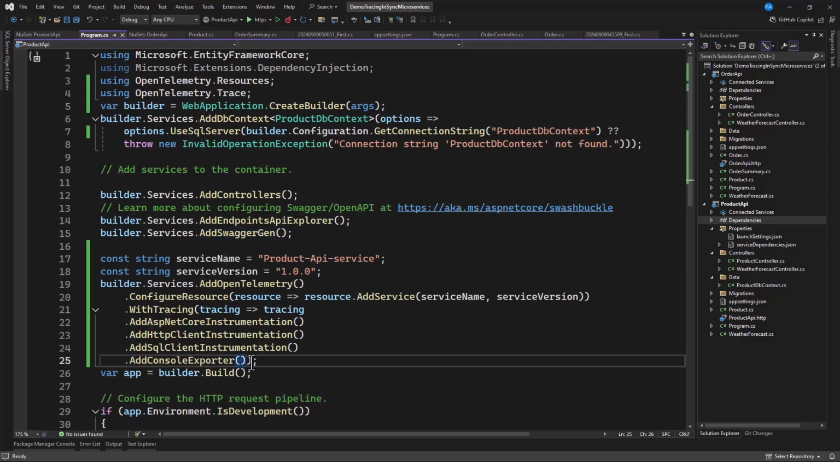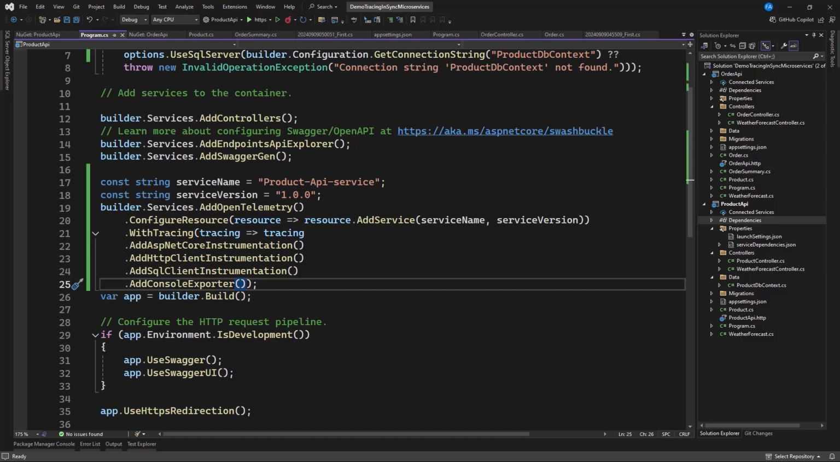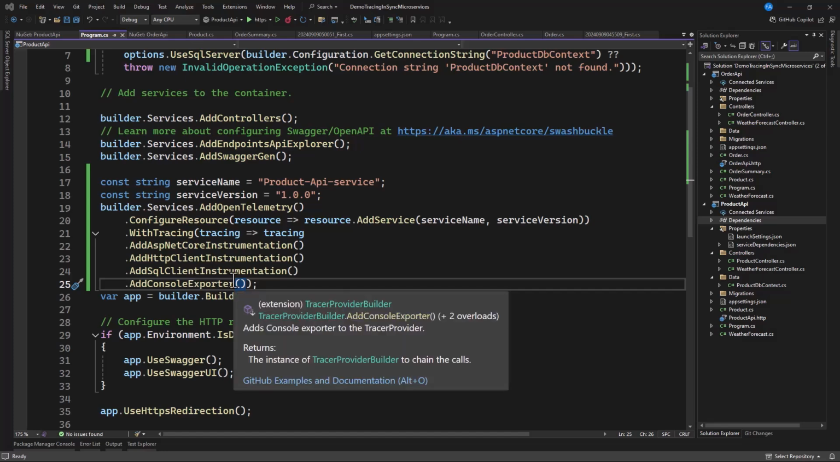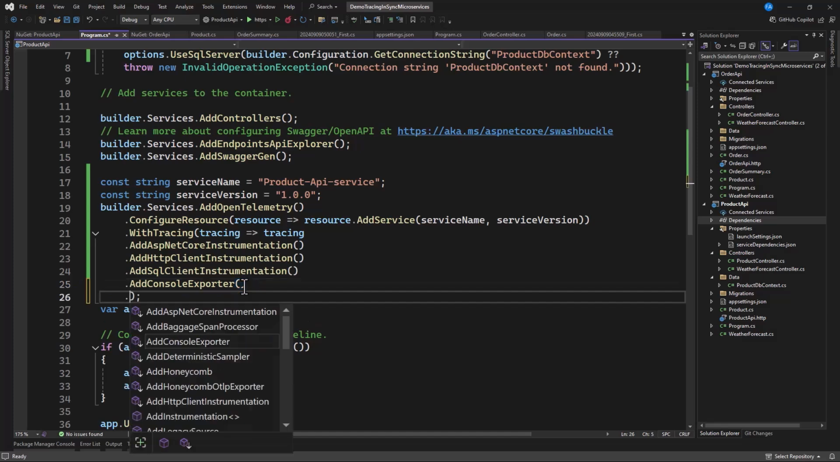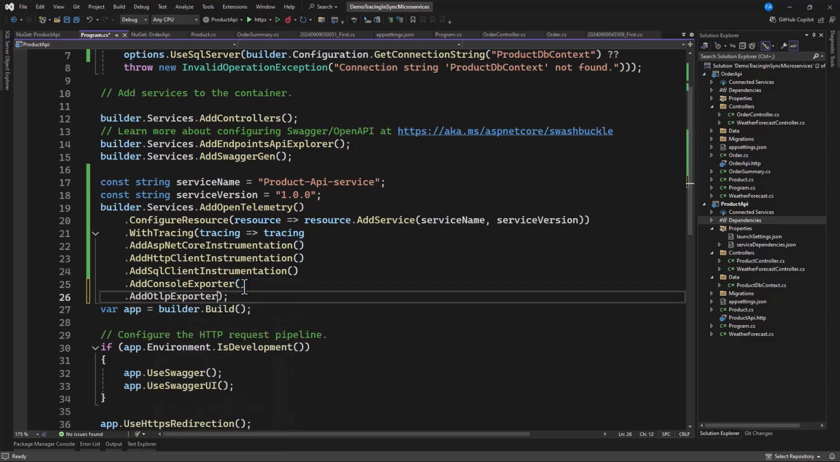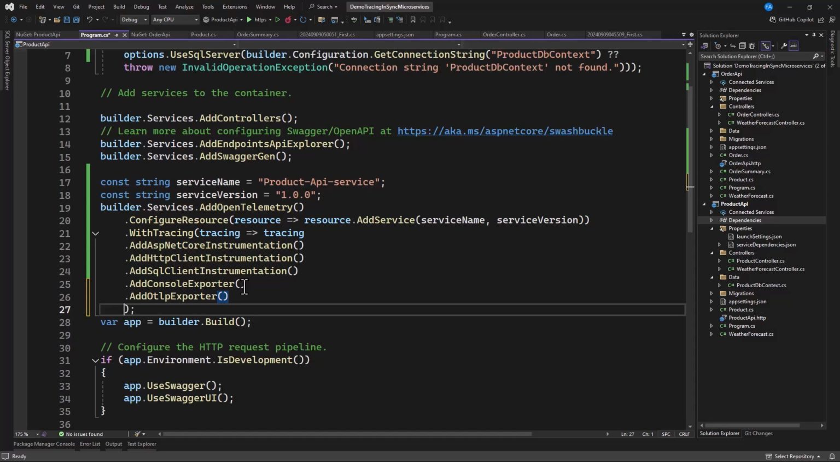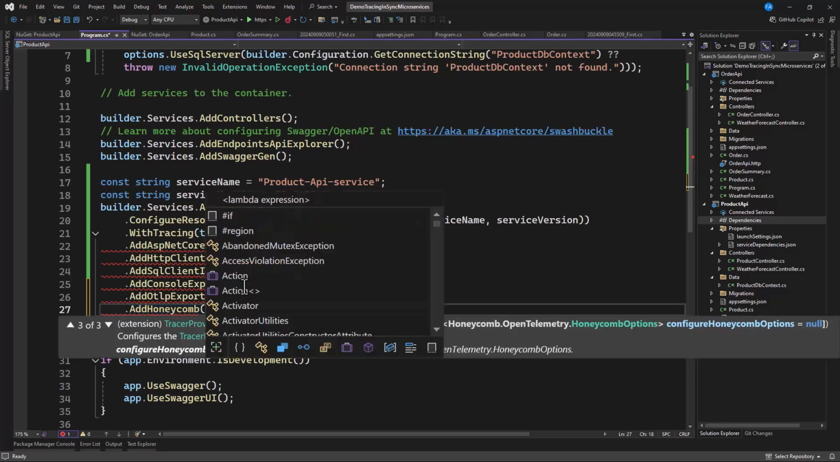So come to, after you've had this, add console exporter. Let's add the configuration for that. Before we do that, we need to add OTLP exporter. So in here, let's say dot AddOtlpExporter. After adding this exporter, let's go and add Honeycomb. You see we have it here, right? Now for this Honeycomb, let's specify some configurations,